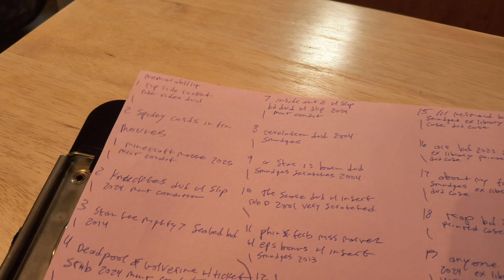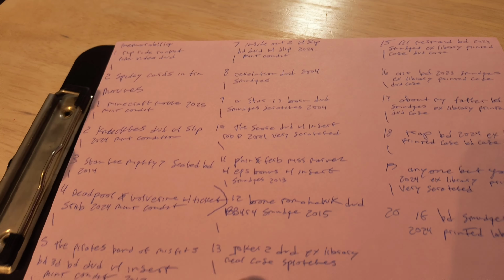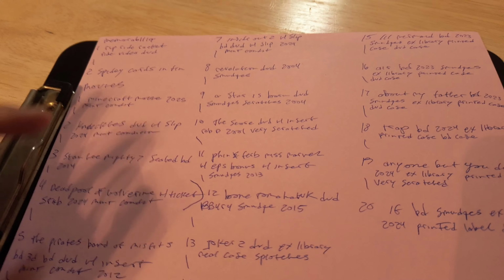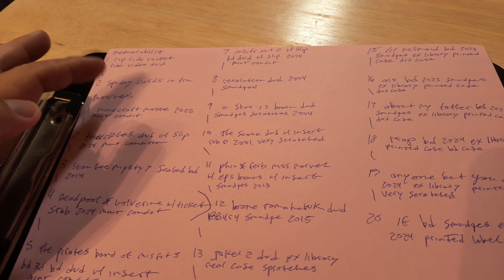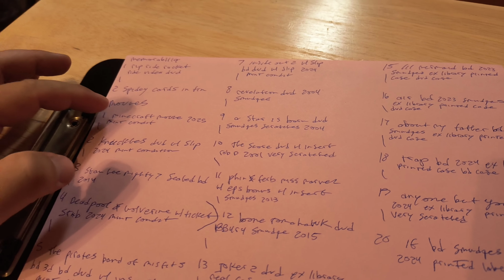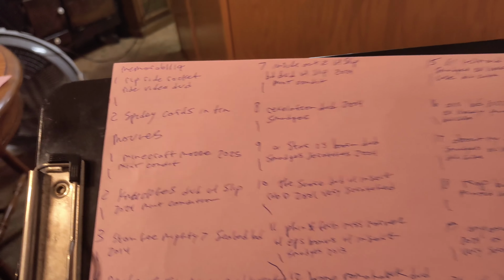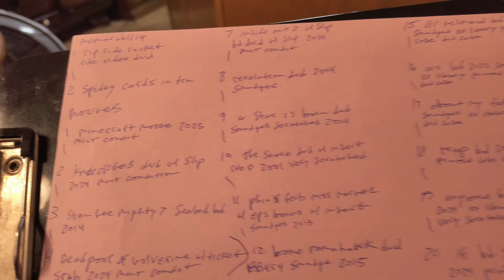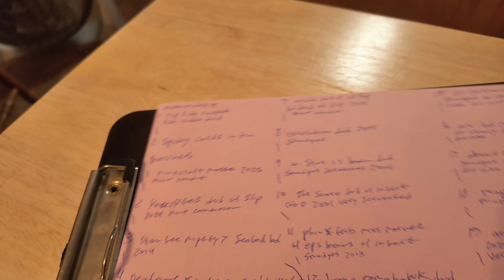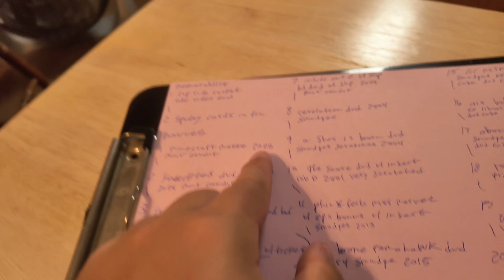I don't just log movies, there's other categories which I have, and we log in different categories. But here's the movies category. We write down the movies, and then we come back and write down the year the movie was